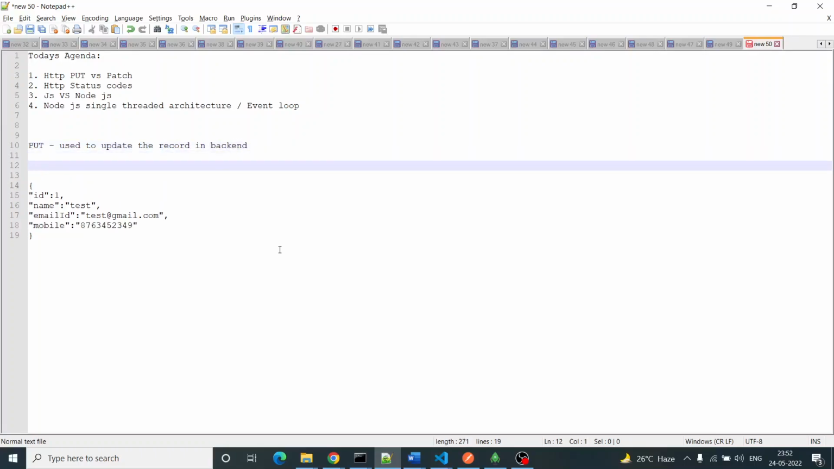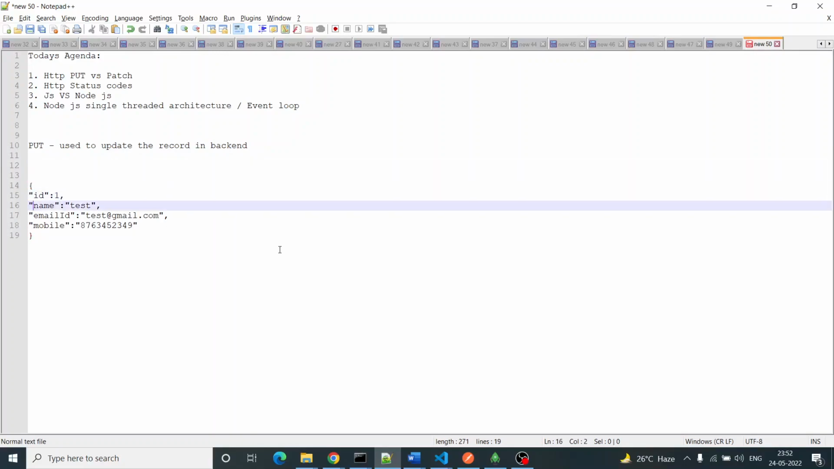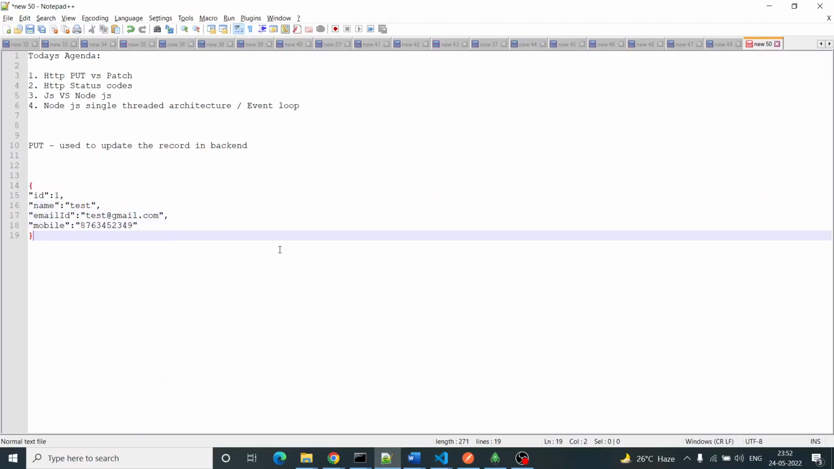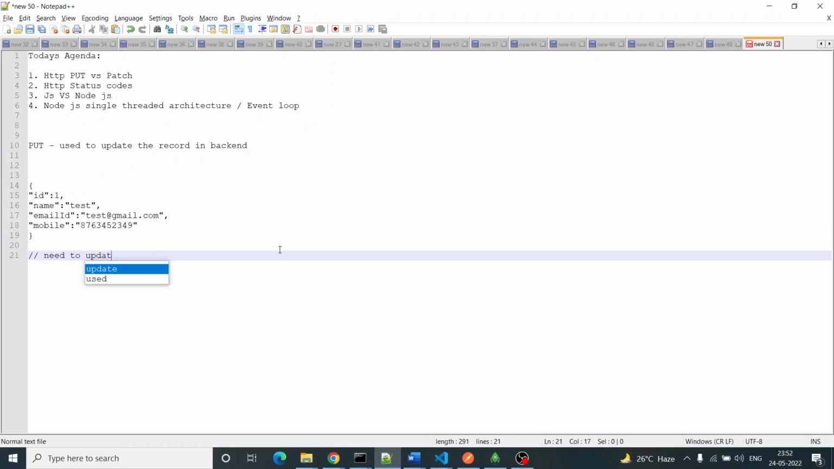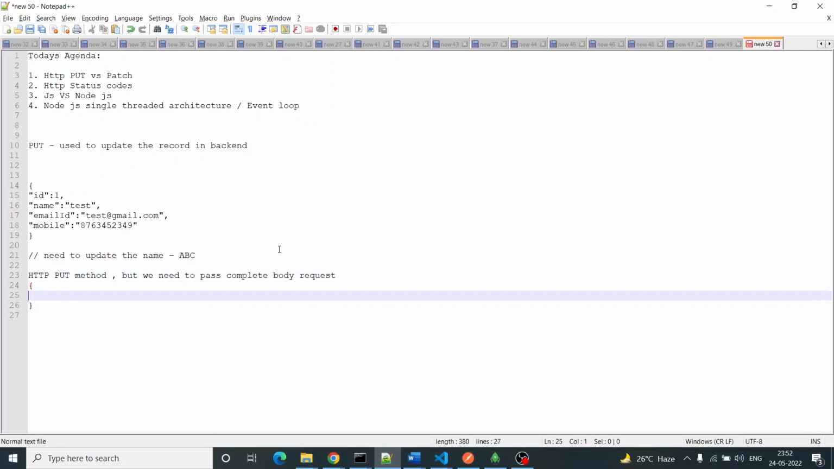But the limitation of PUT is we need to pass the whole record. Let's suppose this is the record which exists in the backend, and we need to update the name of this particular record to, let's suppose, ABC. All right. In this case, we need to call the HTTP PUT method, but we need to pass the complete request body. Even though we just need to update the name, in case of PUT we have to pass the